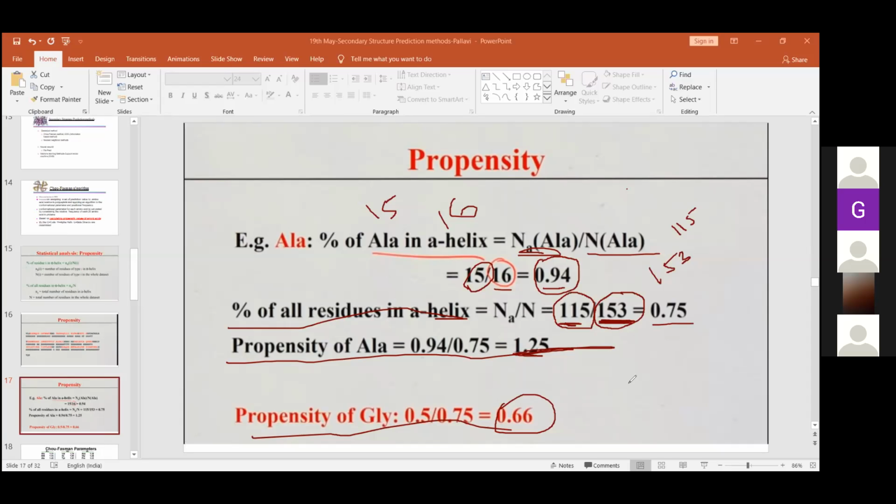इसी तरीके से हम जो अमाइनो एसिड्स हैं उनकी बीटा शीट फॉर्म करने की टेंडेंसी क्या है, उनकी टर्न फॉर्म करने की टेंडेंसी क्या है. So for each of the 20 amino acids in different positions, you will find out their propensity values to be in alpha helical, to be in beta sheet, to be in turn. Now let's come to the next step.